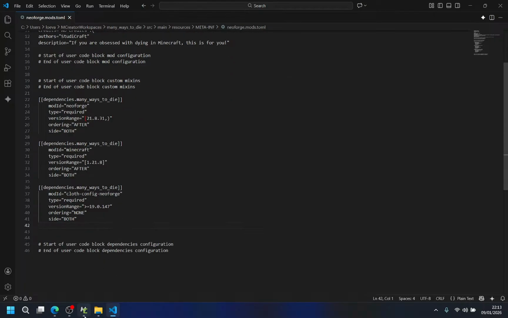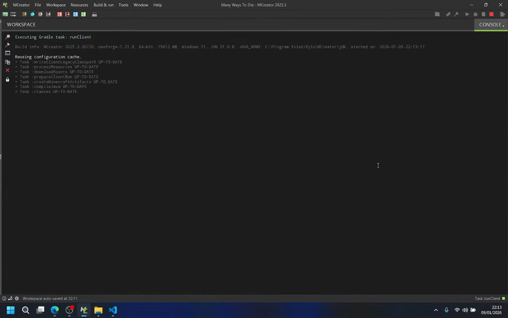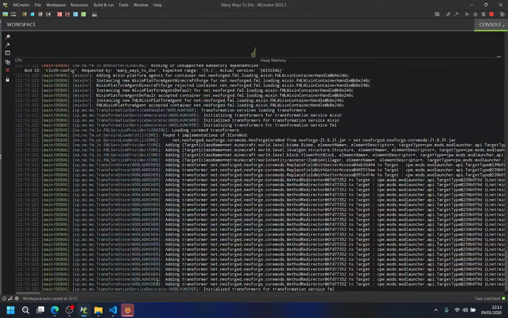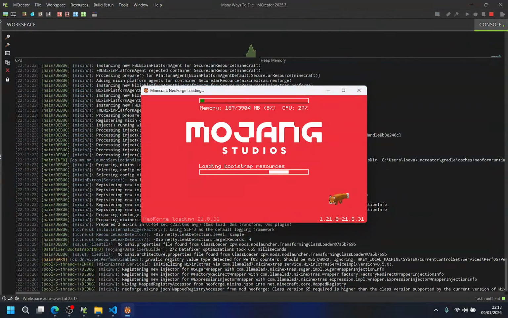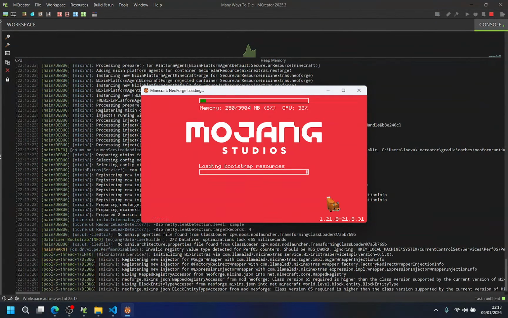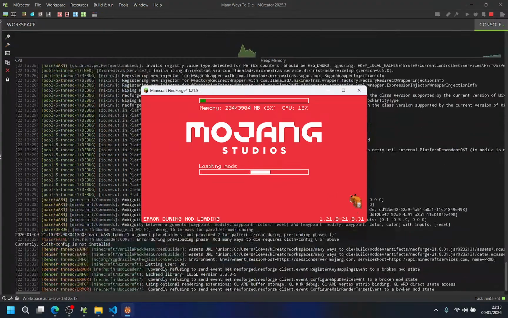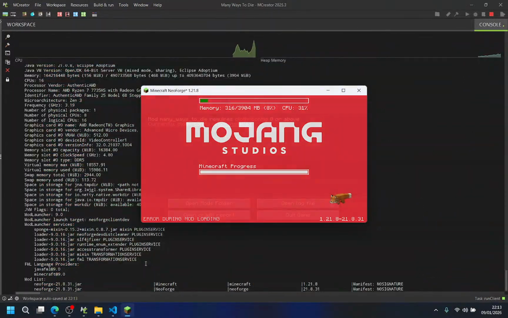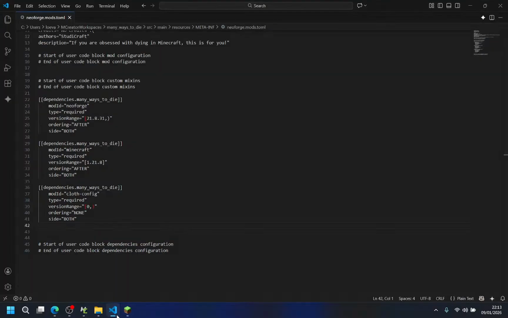Hopefully now it works. If it overwrites everything again, I swear I'm gonna be flipping, rage baiting NeoForge. Because this doesn't happen on, oh my, don't tell me they changed it.